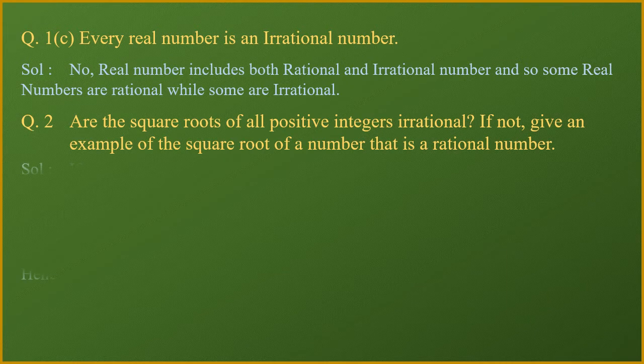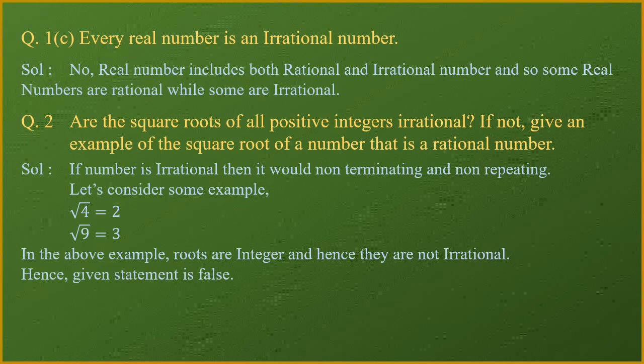For example, suppose I take the example of under root of 4, because 4 is also a positive integer, and if I try to find the root, that comes 2, which is terminating. We can say it is in the form of an integer. So suppose I try to find the square root of 4, square root of 9 or square root of 25, then these numbers are all coming in the form of integers and they will not be irrational numbers. So hence the square roots of all positive integers cannot be denoted in the form of irrational numbers. Some of them will be irrational and some of them will be rational 100%.